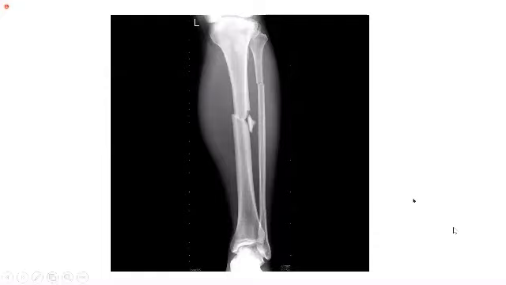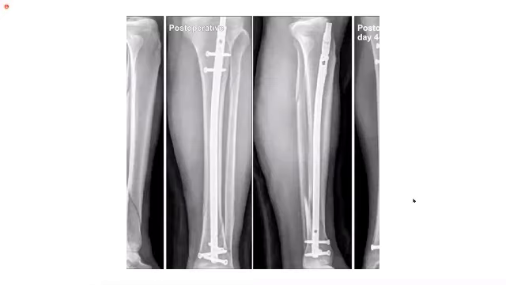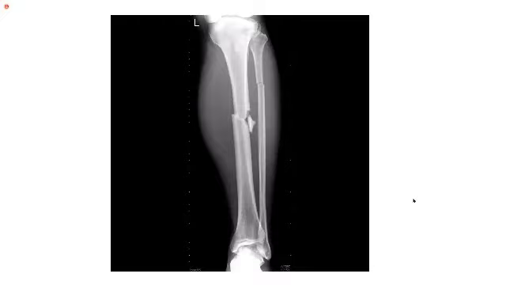Okay, what fracture is it? It's a shaft, both bone fracture, no? Shaft tibia also and fibula also. Okay, so how do you manage this one? In this one, you have to go for an interlocking nailing. You can manage with a cast if it is not so much displaced. Before the invention of these nails, they were managing with cast only.